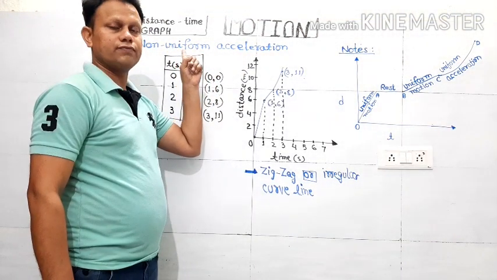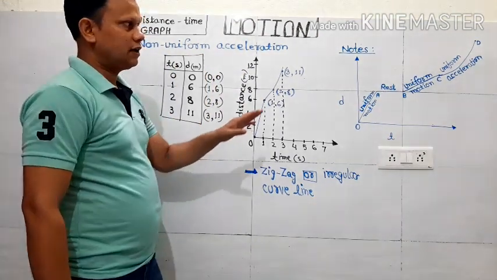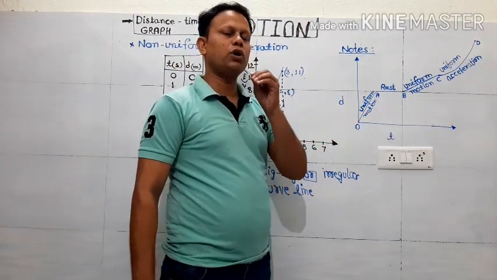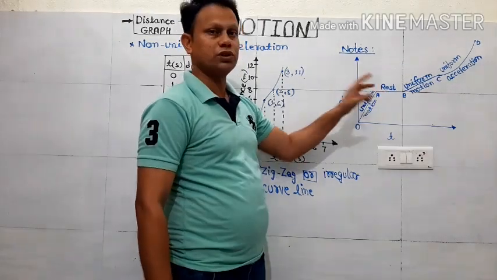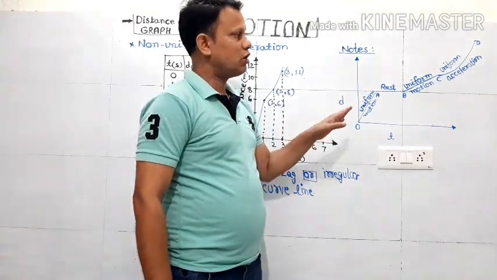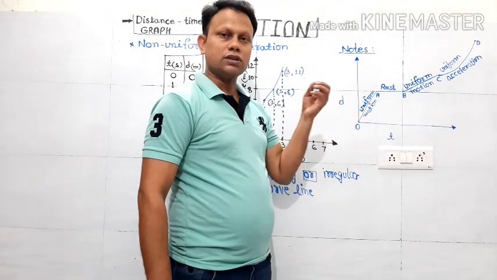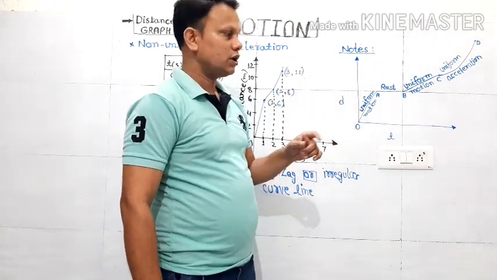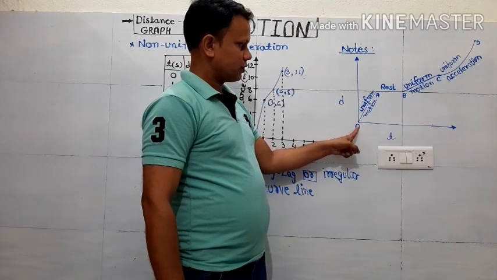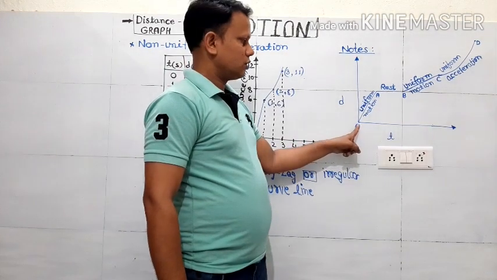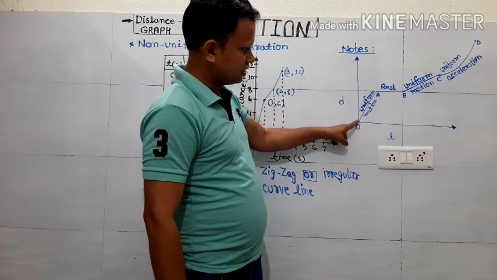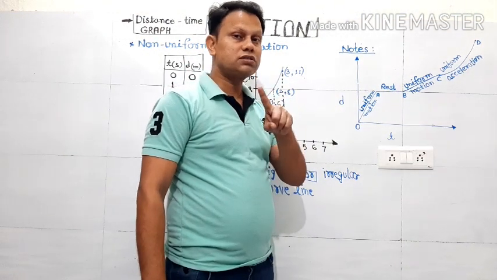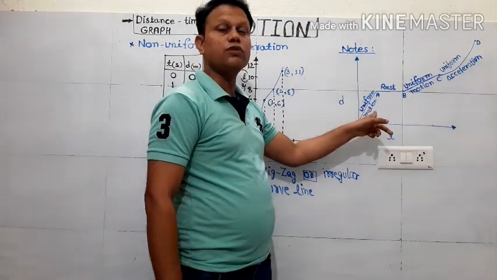So this is the graph which we will observe when we see non-uniform acceleration on a distance time graph. Right? Now finally, to conclude, I have taken a situation in which a body is observed and the graph has been shown here for that body. So how can we conclude what kind of motion in what interval of time? Here you can see from, suppose it's O, from O to A, a straight line has gone. A straight line means it is a situation of uniform motion.